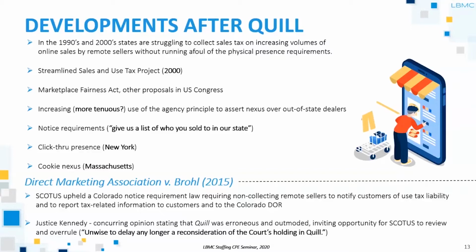And then you think about the states being saddled, if you will, with this Quill physical presence requirement. How do they get around that? How do they try to collect tax and live within Quill? So a lot of things happened during that time, and this is on the slide. You have the Streamlined Sales and Use Tax Project, where a lot of the states got together and tried to simplify the process of collecting sales tax. I think there's 22 or 23 members now. Tennessee is an associate member, I think the only associate member. And that had high hopes for facilitating collection of sales tax by internet sellers.